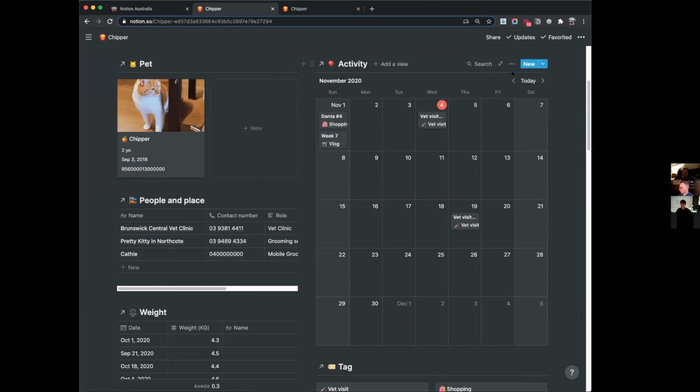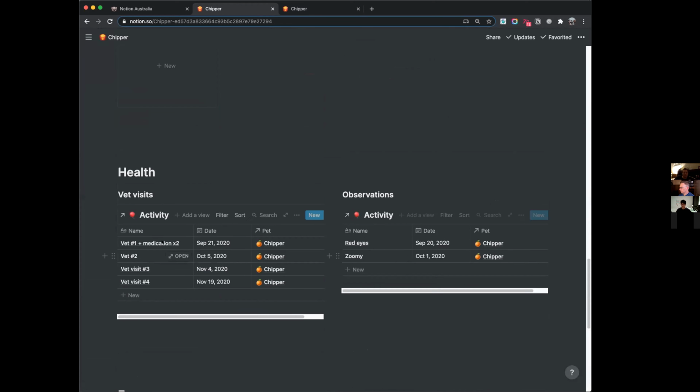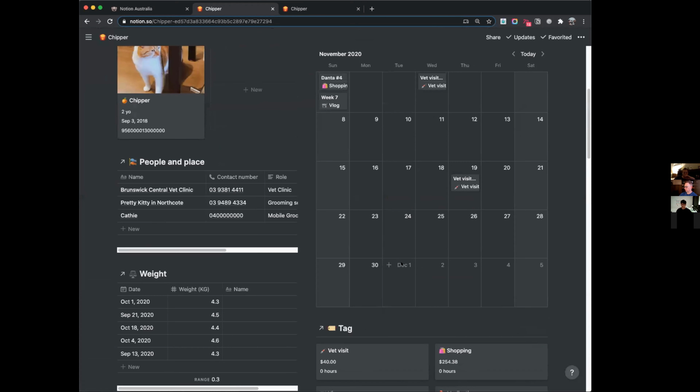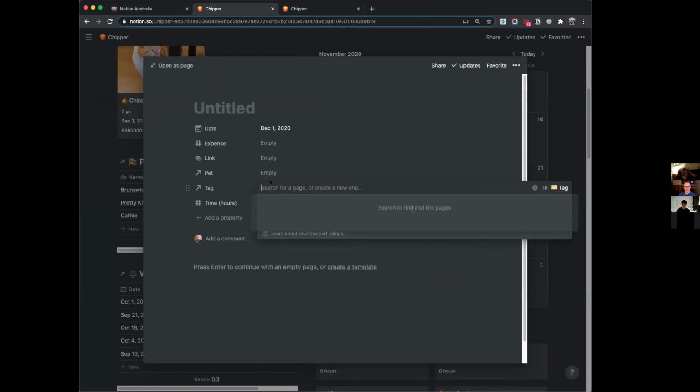Here's the activity calendar. I can just quickly add anything here. If it is not vlog or health related, I can just add them. And if I ever find out there's something new, maybe I need a new toy tag because I just want to keep tally of all the different toys, you can just add a new tag called toys.